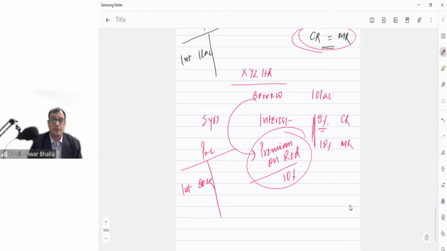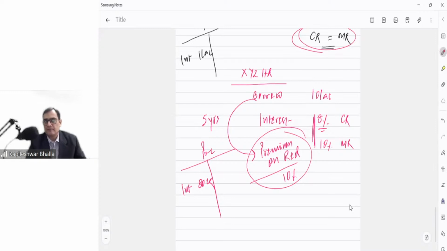So this is what companies understood. Now hear this very clearly, very important inputs I'm giving you. The companies understood one thing, that since the basis of accounting was the contracted rate of interest, the finance charge which was getting recorded in the profit and loss of the company was the contracted rate of interest. They started making deals in such a way that they lowered down the interest rate on the instrument and they compensated that money with the help of premium